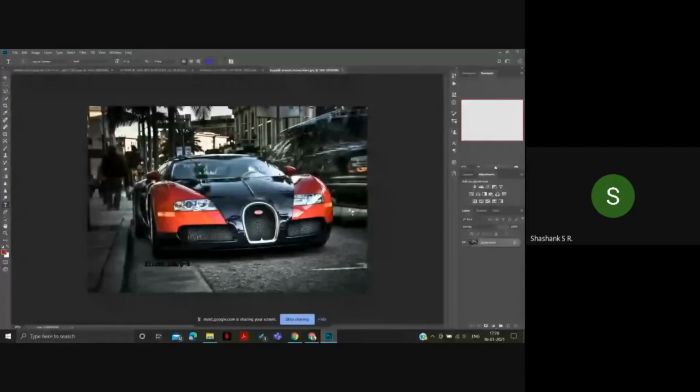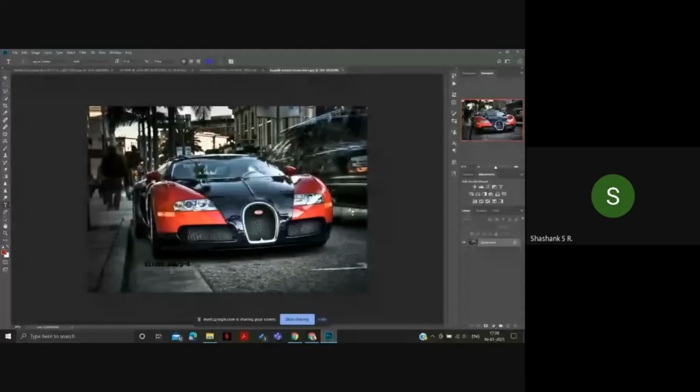This is a photo where a Bugatti car is there and the background is a bit distorted. It's not looking good. So I need to blur the background except this car. I'll tell you how it needs to be done.